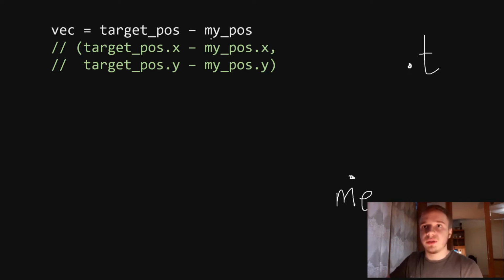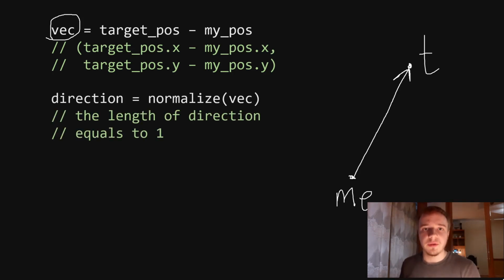Basically what we're doing here is computing this vector, and we get this vector by simply subtracting this point from this point. And actually if we calculate the length of this vector, it will be the distance between the target and the entity.